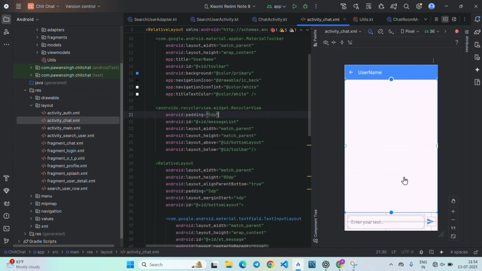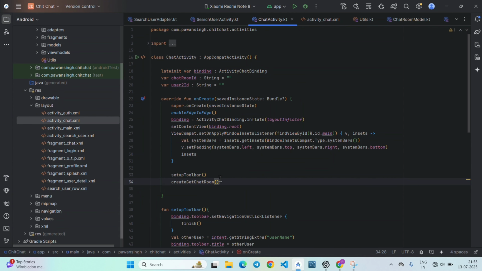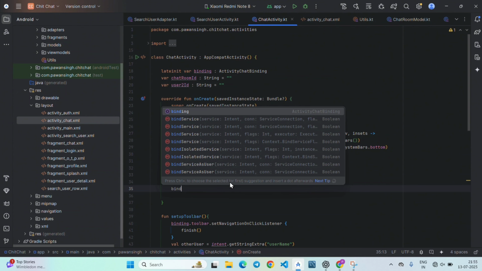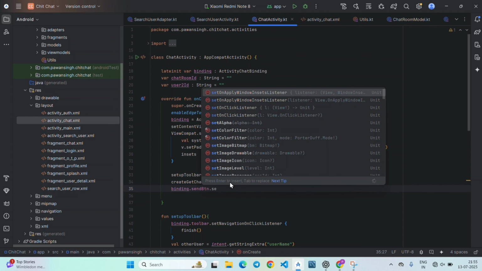So when we write any text here, it will be shown to the user, but firstly we need to send the text to the backend so that we can show it to the other user. For this we will have to set a click listener on this send button. Here its ID is send button. So when we send the message, it will go firstly to the backend and then we will show it to the second user. So let's implement it in chat activity. Right here, binding dot send button dot set on click listener,